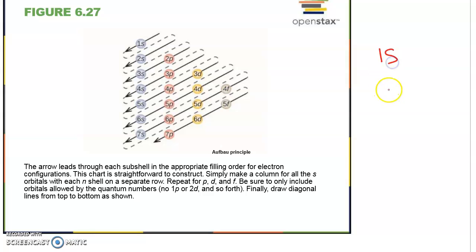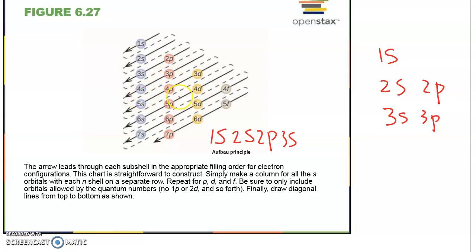So the first one is 1s. The next one is 2s, 2p. The one after that will be 3s, 3p, and 3d. So how you calculate this, you go in the diagonal direction. The first thing will be 1s. The next one will be 2s. The one after that will be 2p and then 3s. The one after that will be 3p and 4s. And then after the 4s, we have 3d, then 4p. And then 5s, and on. We just have to follow this